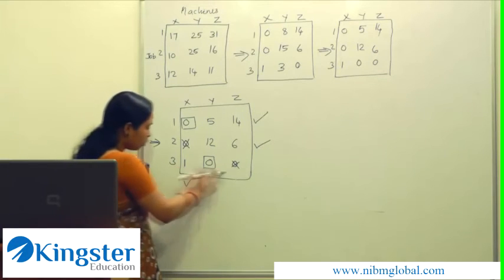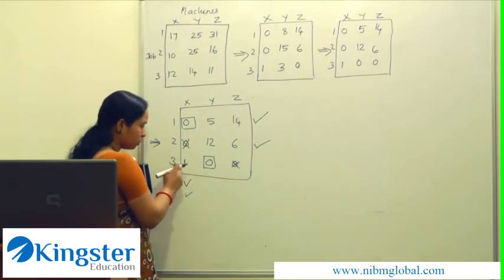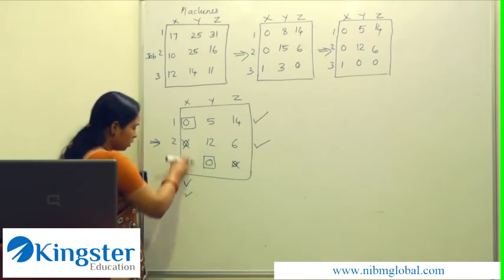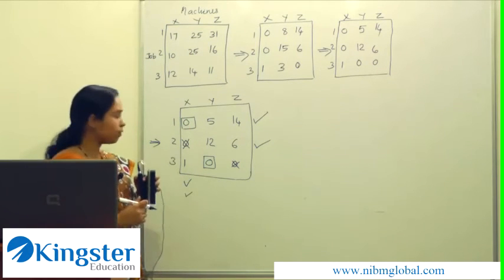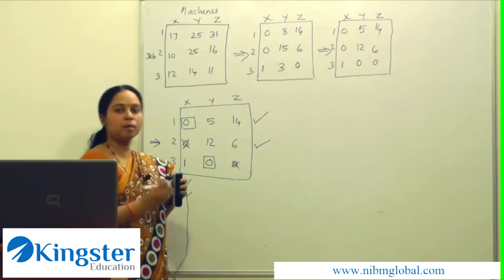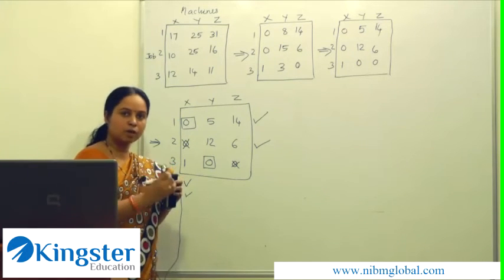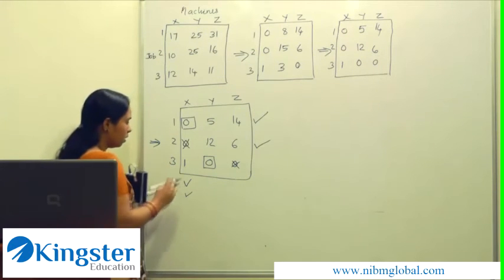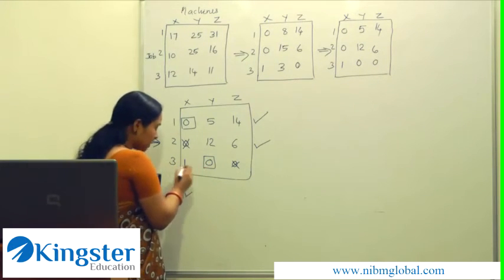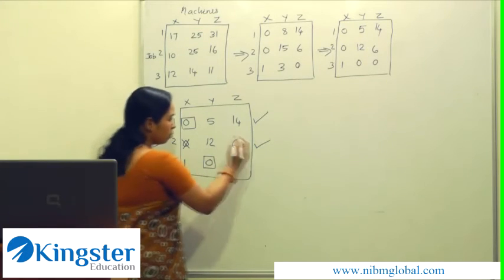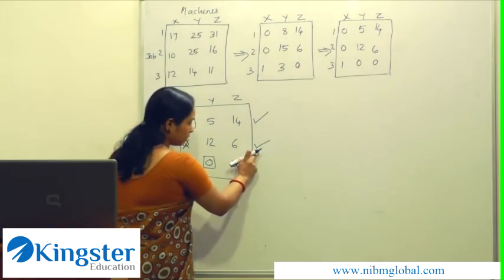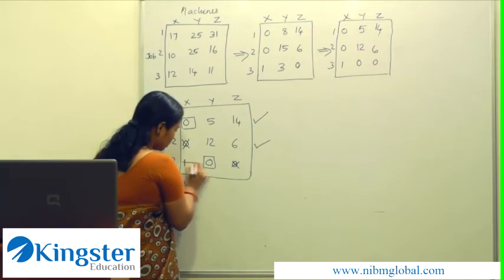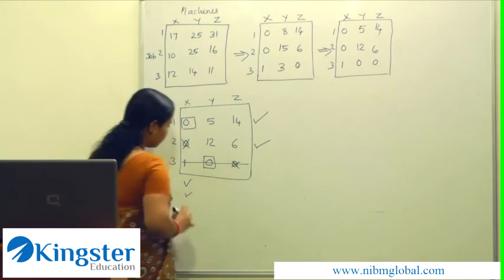Now the unmarked row is the third row. So we should draw lines through the third row and through the first column to cover all zeros by the minimum number of lines. Our objective is to cover all the zeros by the minimum number of lines. For that, the procedure is to select rows which are not marked by ticks. That is, the unmarked row is the third row. Draw a line through this.